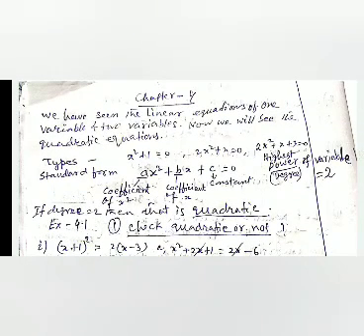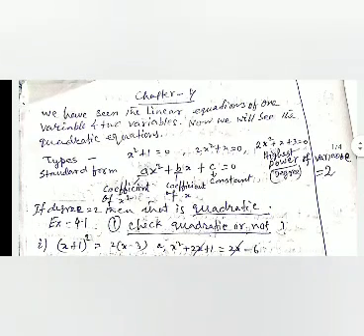Like this, see, it is written x square plus 1 equal to 0, that is a quadratic equation. 2x square plus x equal to 0 and 2x square plus x plus 3 equal to 0. In all these equations, the variable has the degree 2, means x का जो डिग्री है वो 2 है. So these are all quadratic equations.